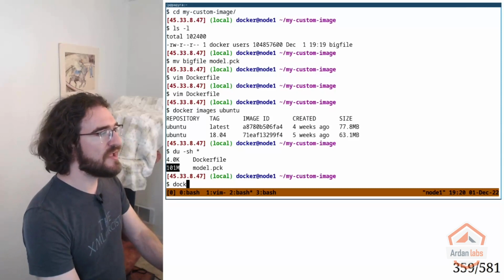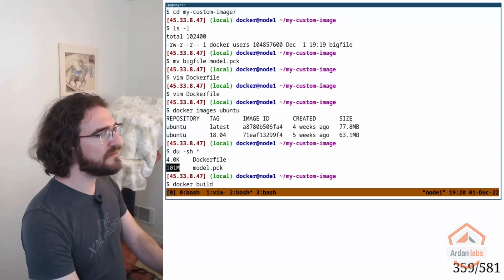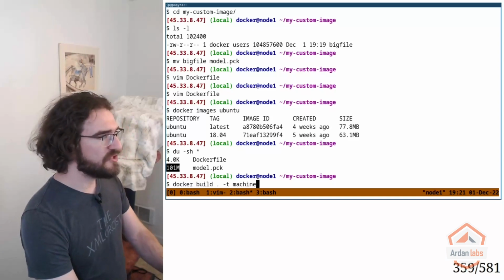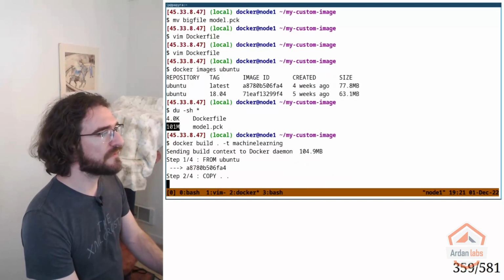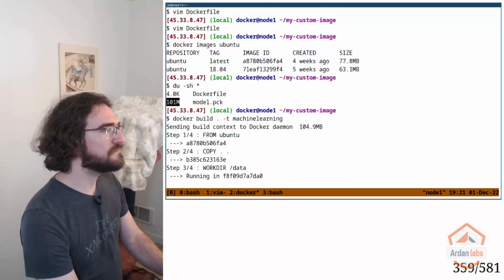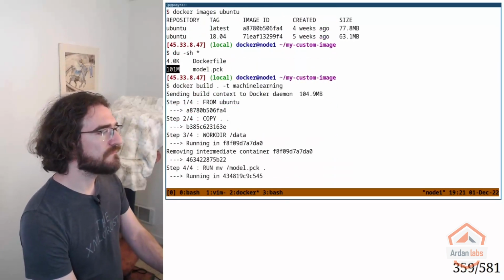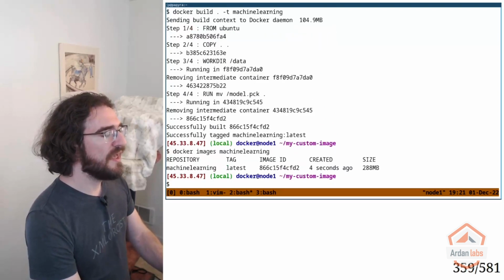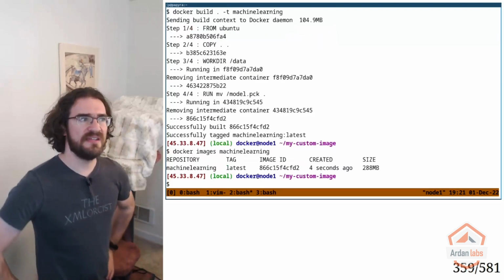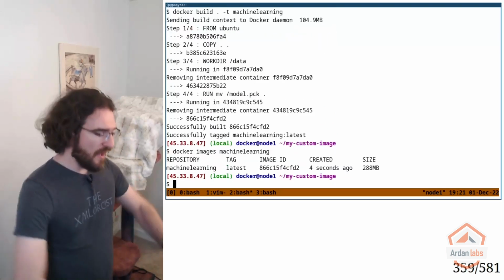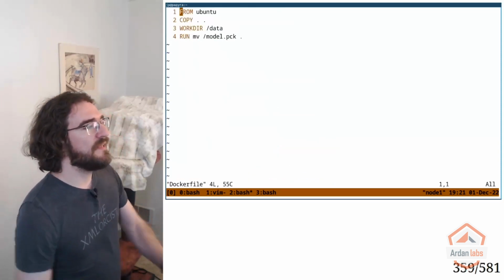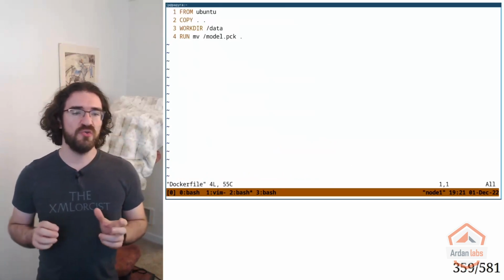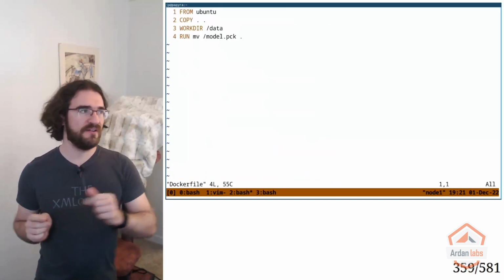Well, let's try. So let's say docker build . -t machine learning. And now I do docker images machine learning. And I'm like, wow, it's 288 megabytes. What's going on? What's going on is that, again, because of historical reasons, when you move a file in a